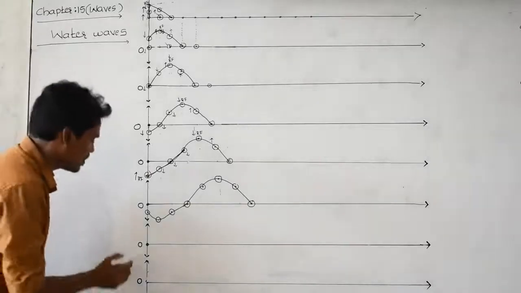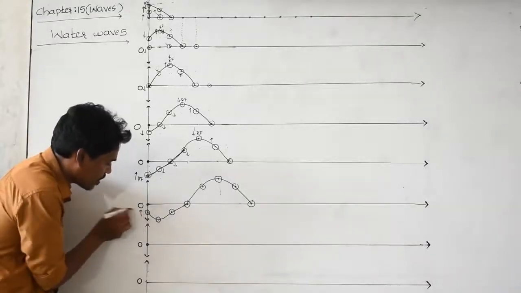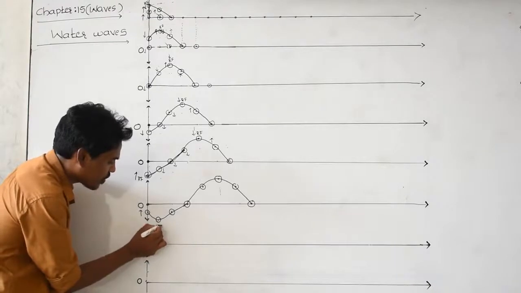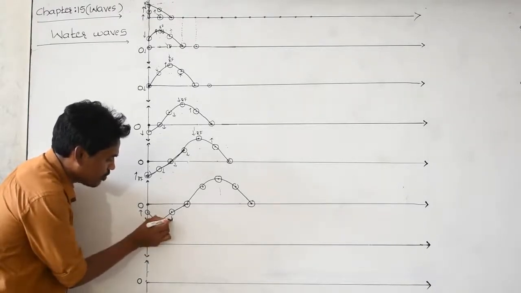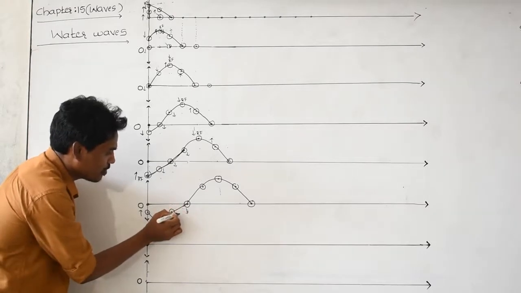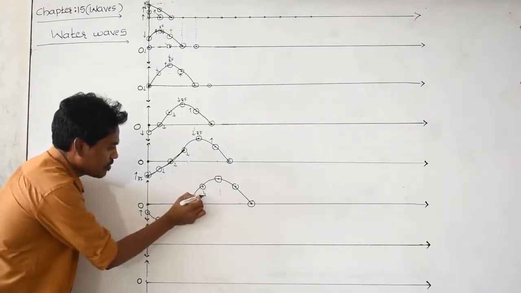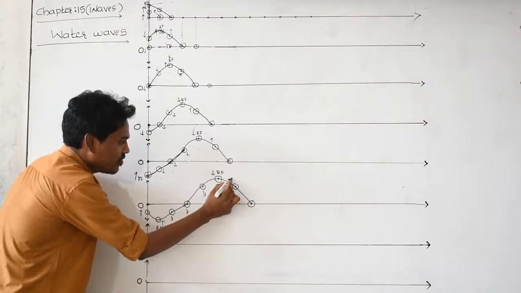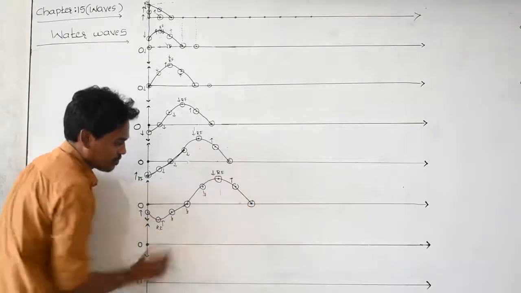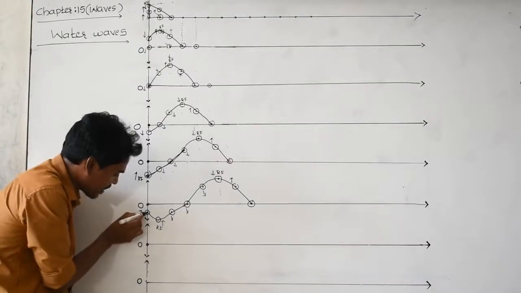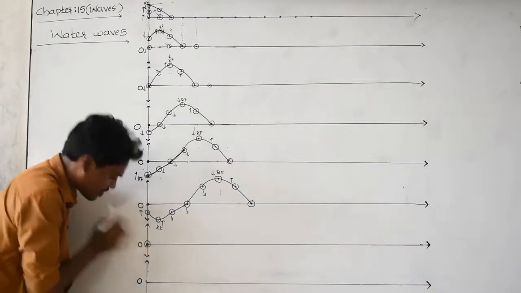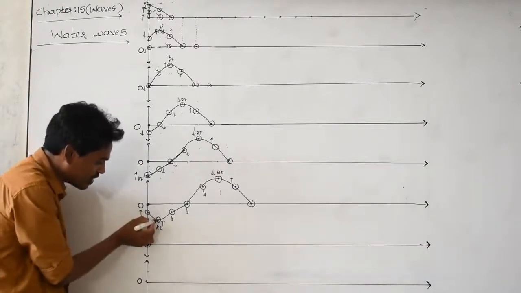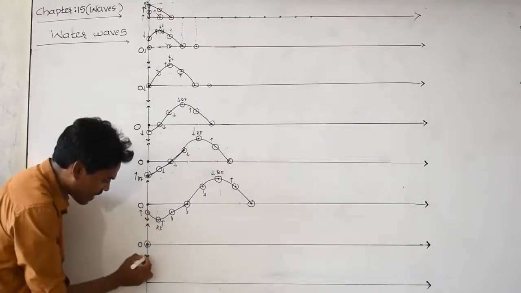And take one more. What is the direction of this one? The upward. This is the highest point. Restoring force is acting on this particle in this direction. This is moving down. This is the highest point. Restoring force is acting on this particle in the downward direction. This is moving up, and this is not yet disturbed. Let us take this particle moving from here to here. I am showing here. Yes, are you getting? And the restoring force acting on this one is upward. This is moving from here to here.